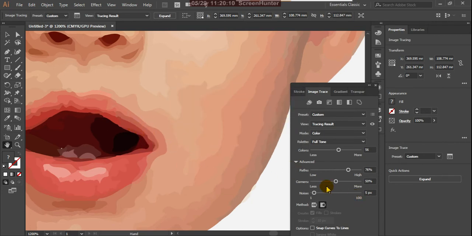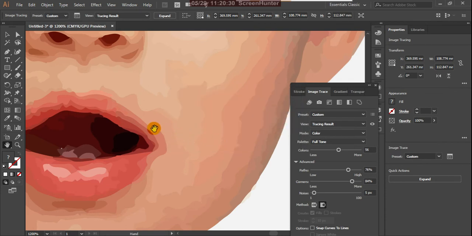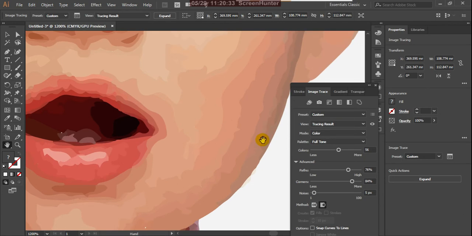Yes, okay, so in the same way we can check these corners one by one. A higher value means more corners, so by adding this, it is immediately applied to the picture. Because of the color process, it is taking time, right? Okay,